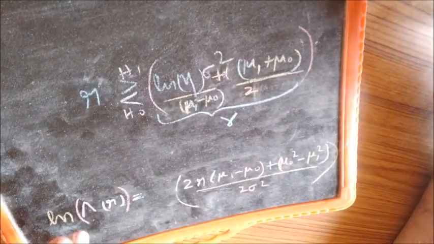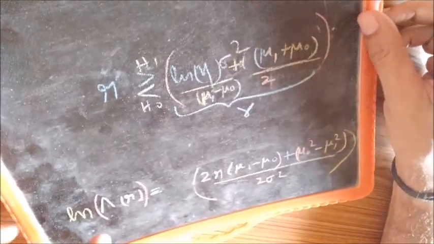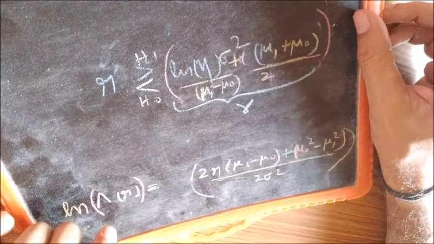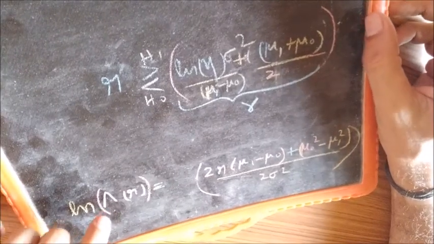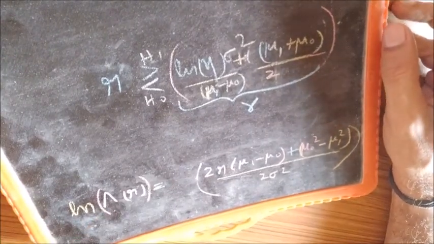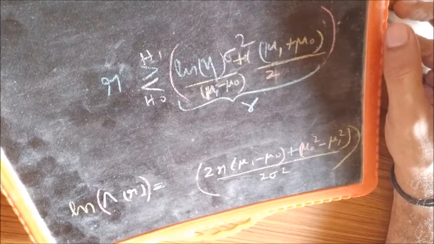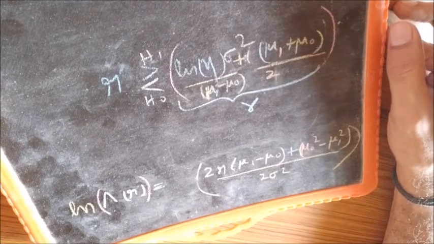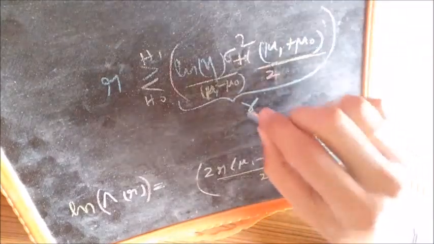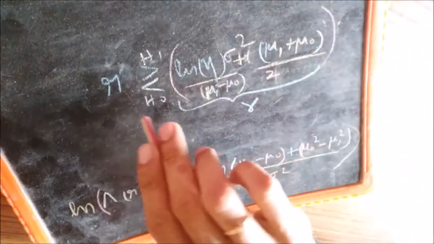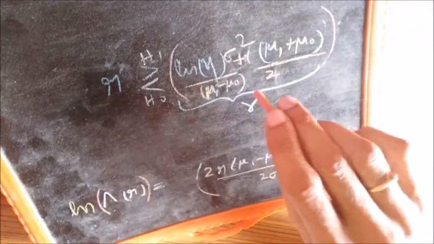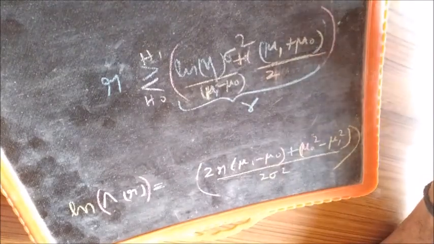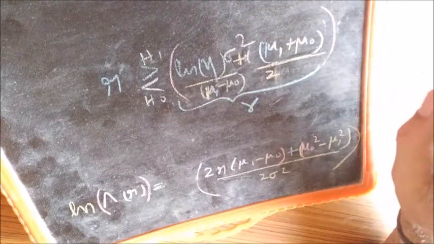A short while ago I said that this is gamma. It is not gamma, it is capital lambda. The likelihood ratio is capital lambda. If I said capital gamma earlier, it was a mistake, it is capital lambda. So what we do is compare the capital lambda with the threshold gamma in this case. That is, we are comparing the received random variable R with the threshold gamma, and then taking a decision.